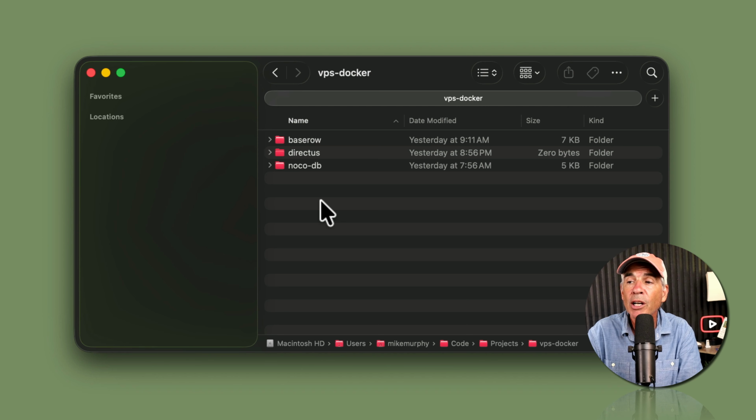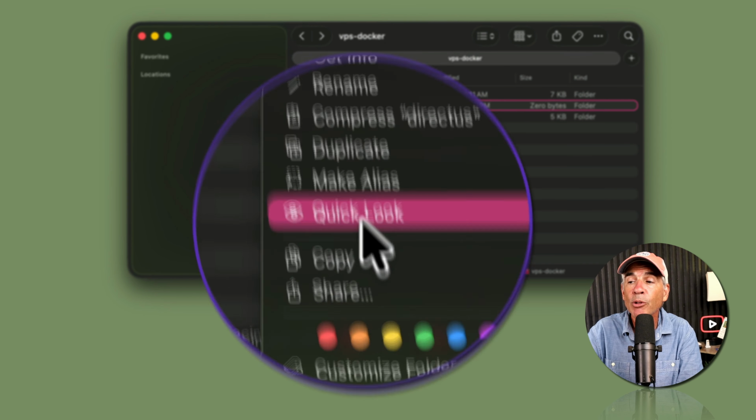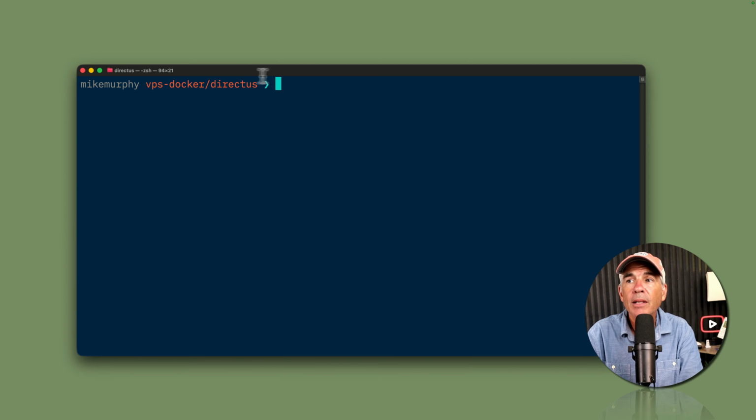So in my home directory, I created a folder called VPS Docker. So to launch Claude Code in Directus, I'm just going to right-click on that folder, go to Services, and choose New Terminal at Folder. That launches a new terminal window, and it placed me inside the Directus directory. So now I'm going to launch Claude Code,